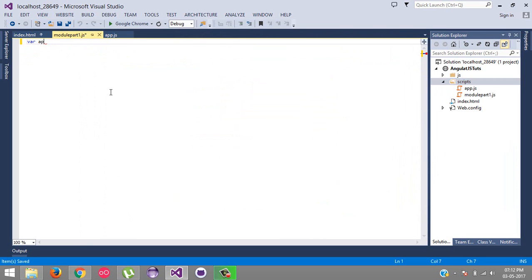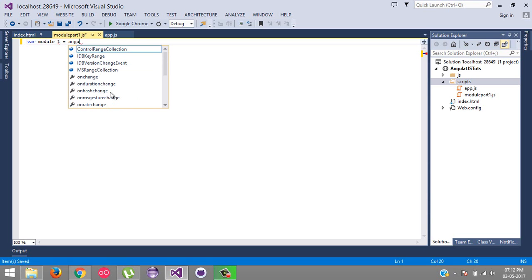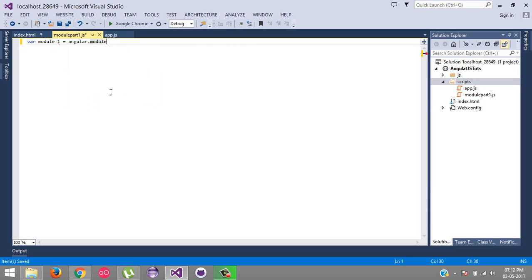Let's declare our module. Module 1 equals angular.module. The module name will be module 1, and a blank instance. Okay, and let's